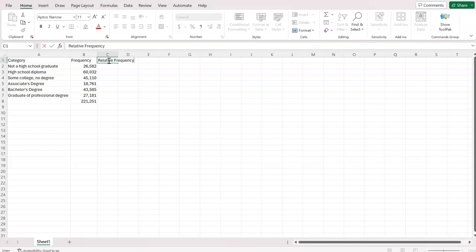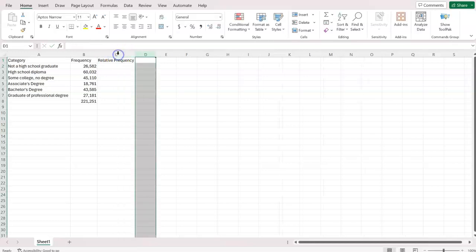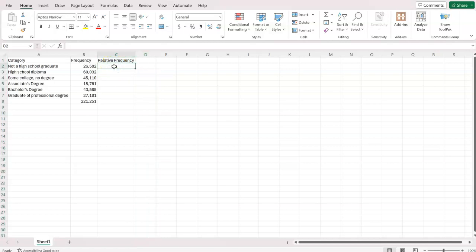And now I'm going to also calculate the relative frequency. And I'm going to show you why I'm calculating the relative frequency in a minute. But remember, the relative frequency was equal to the frequency divided by the total. Okay, and I'm not going to click right here, even though I could and it would give me that value. But if I click right there, then when I get ready to drag this down, it's going to give me an error, because as I drag it down, it's changing the value of that bottom number, the denominator. See, look, it changes it to be 9, to be 11, be 10, and so forth,